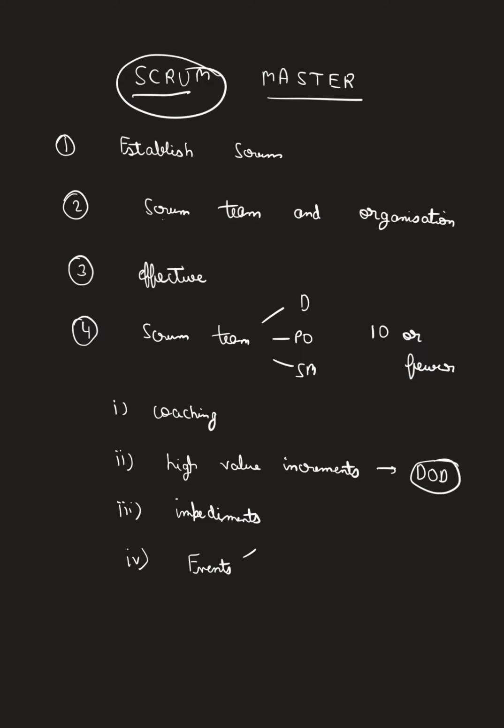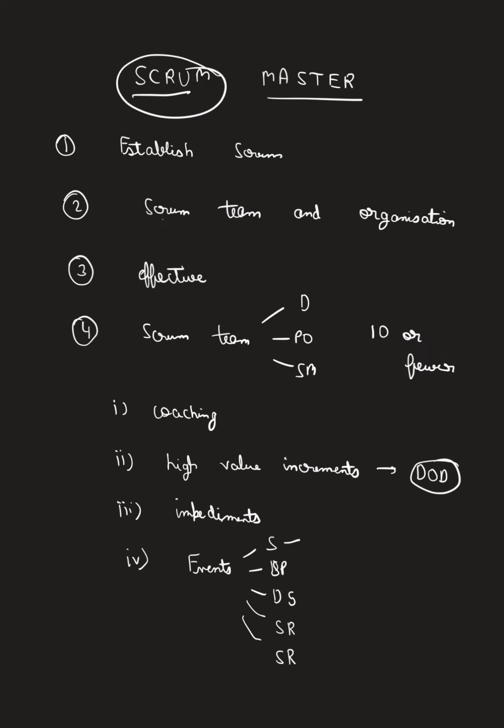Okay. So it's sprints, sprint planning, SP, daily Scrum, DS, sprint review, sprint retrospective. Okay, you can try to learn in this order also. It will be helpful. So Scrum Master makes sure that all Scrum events take place positively, productively, and they are also time boxed. Okay, very important.